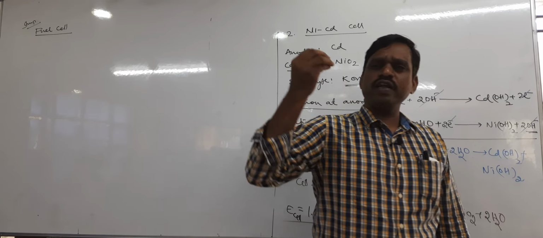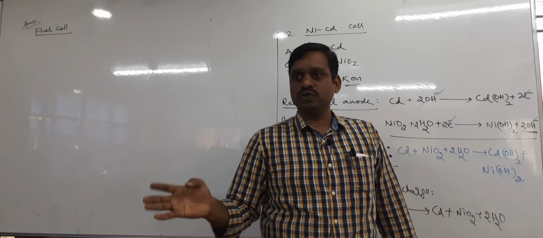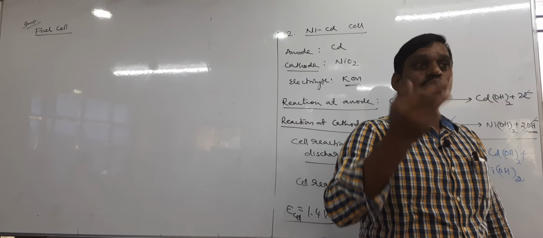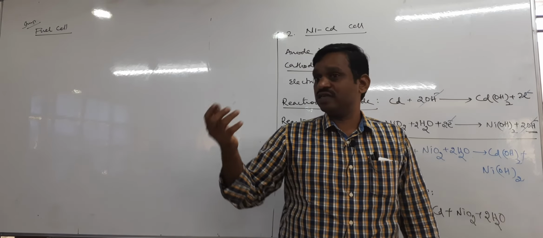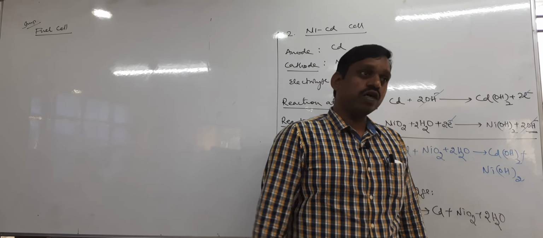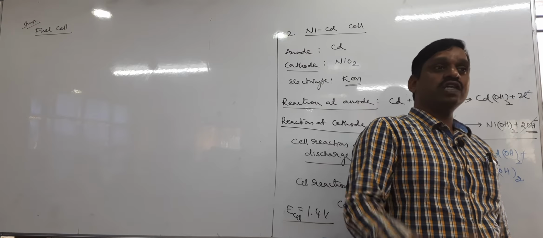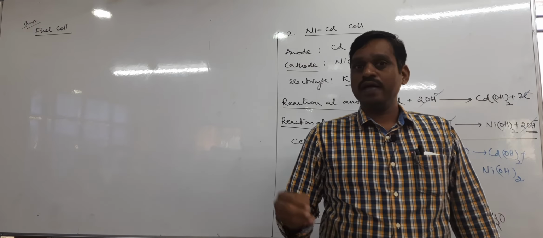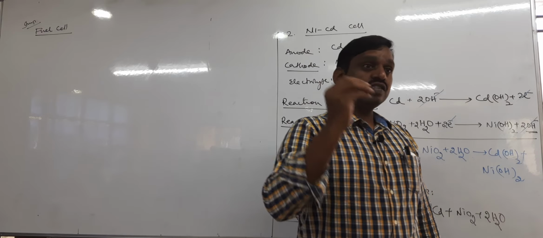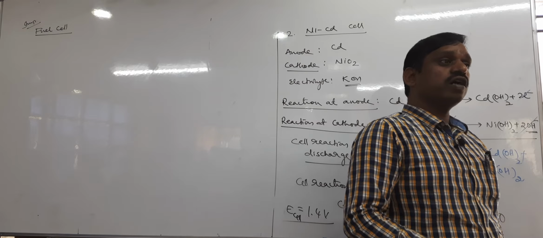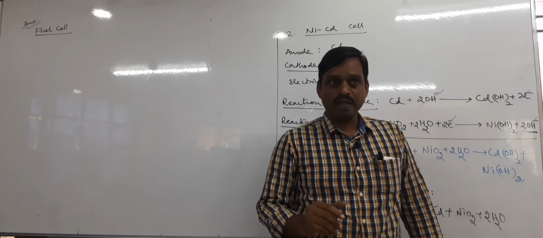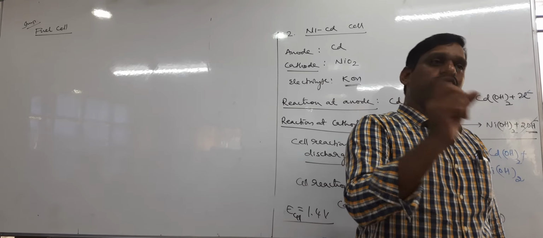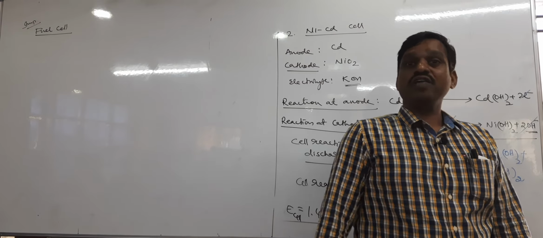The combustion of any hydrocarbon produces CO2. If a hydrocarbon undergoes partial combustion, it gives CO. CO is still more dangerous than carbon dioxide. So the hydrogen oxygen fuel cell is most important. It is an environmentally friendly cell. Most important, this hydrogen oxygen fuel cell gives 100% efficiency. The efficiency of the cell is 100%. Usually all fuel cells give 100% efficiency.